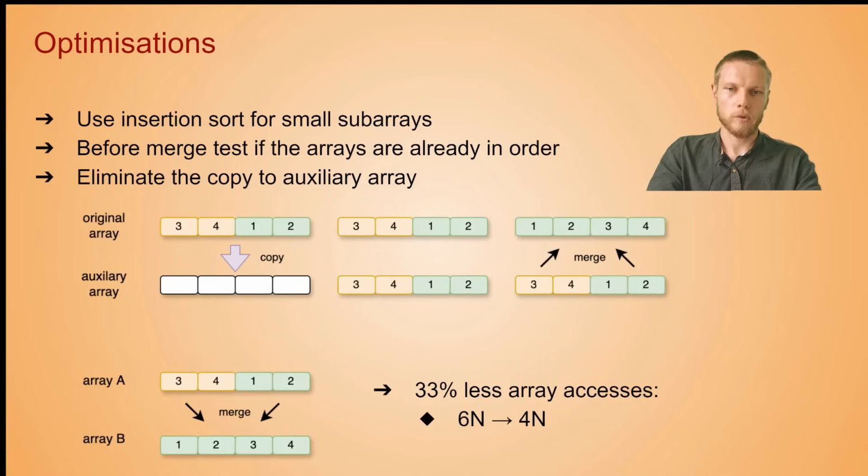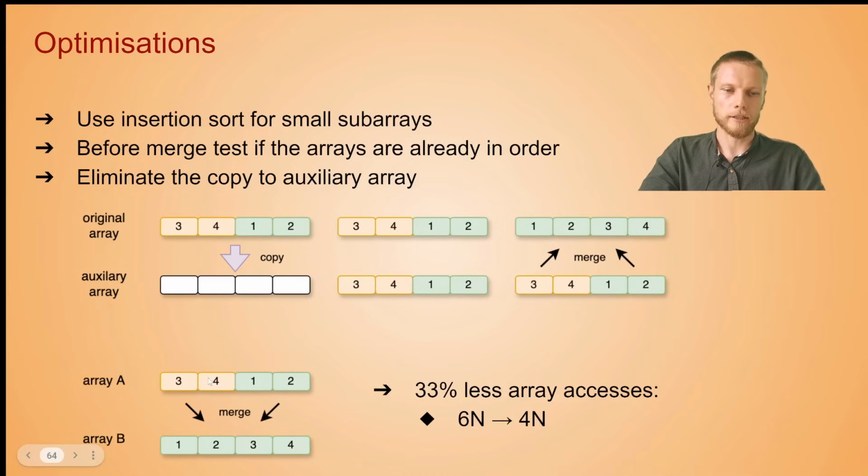The last optimization which we will consider here is eliminating the copy to the auxiliary array. In our implementation, on each iteration, we first copy elements from the original array to the auxiliary array, and then we merge them back into the original array. And we could just swap the roles of the arrays on each pass. So we can first consider this array to be auxiliary and consider the result array to be array B. And on other passes, we could just switch terms, and we'll use this array as the main array and this